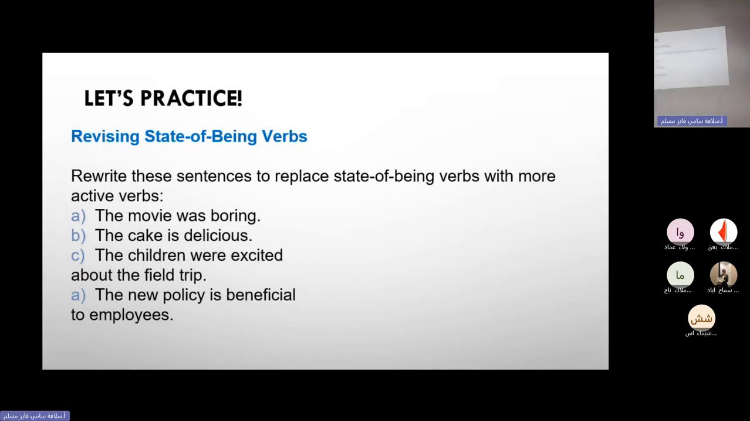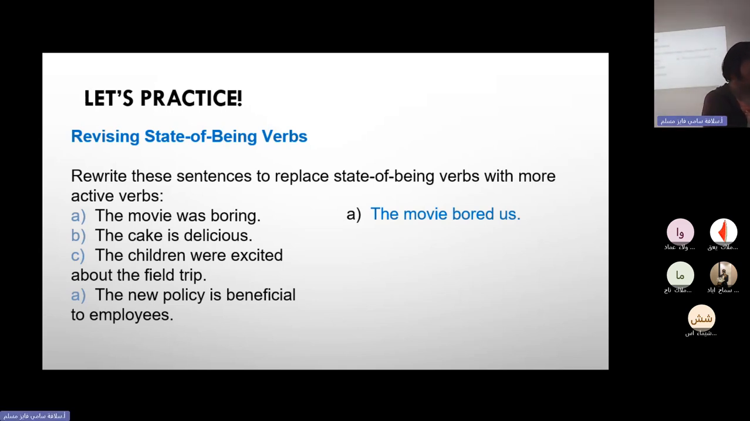Revising state of being verbs. Rewrite these sentences using lively or active verbs instead of state of being verbs. For example, هعطيكم أول وحدة مثلا. Okay. The movie was boring. غيروا الفعل was وأعطوني more lively verb. For example, the movie bored us. شلنا